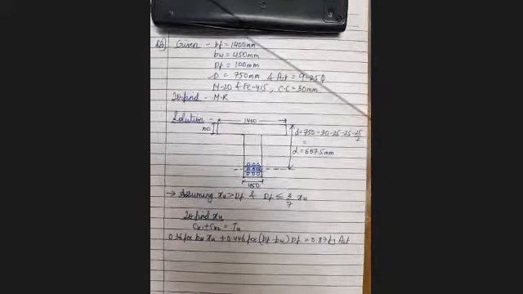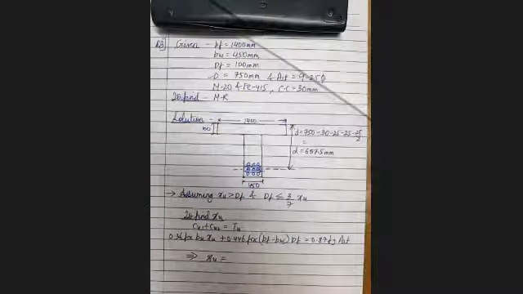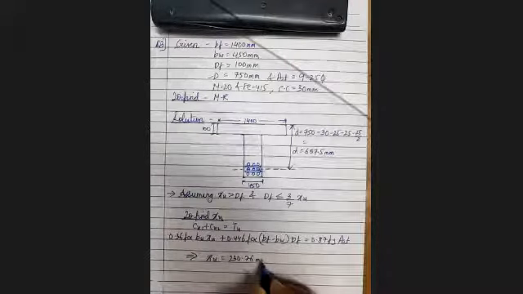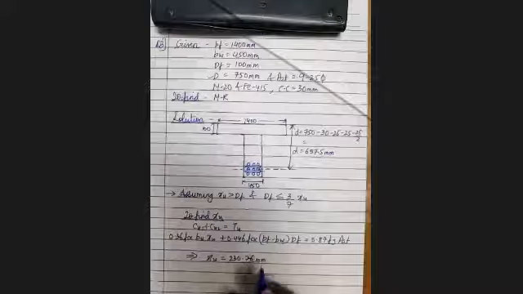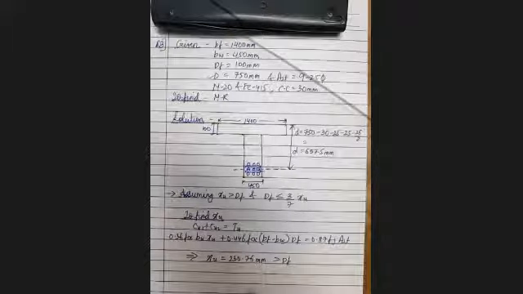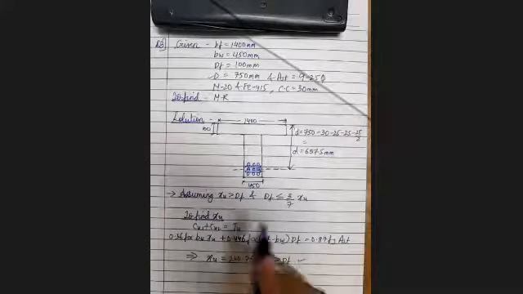Okay, is this fine? Now tell me the value of XU, which implies XU equal to... XU is 230.76, Rohit is saying. Can anyone else confirm? So 230.76 mm. So we got the value of XU. Now we will check whether this XU is greater than DF. Absolutely, it is greater than DF. So this first condition is satisfied.